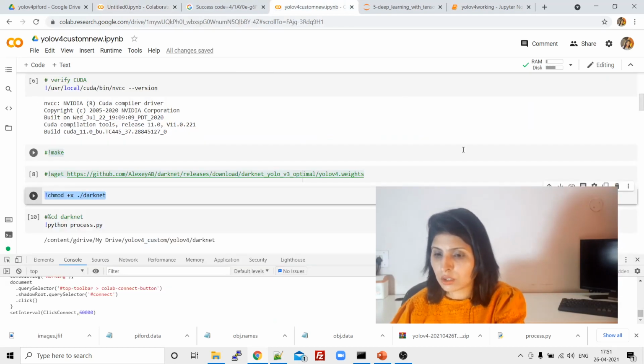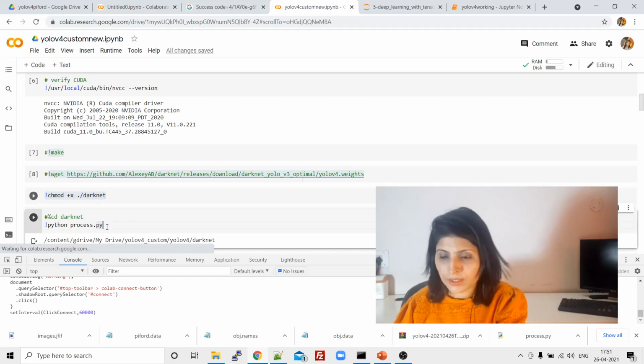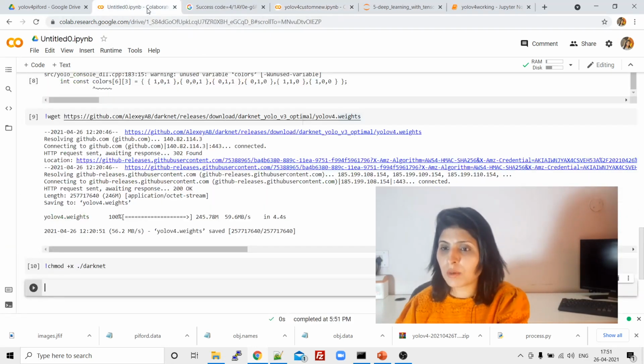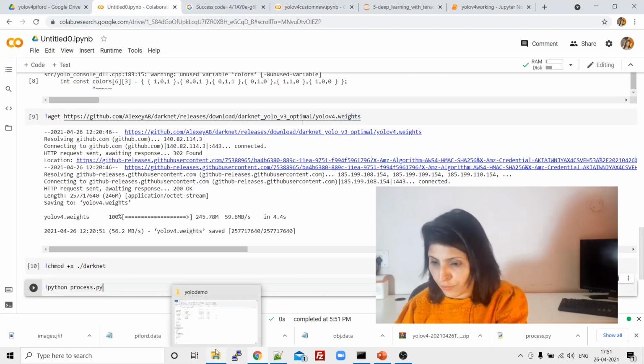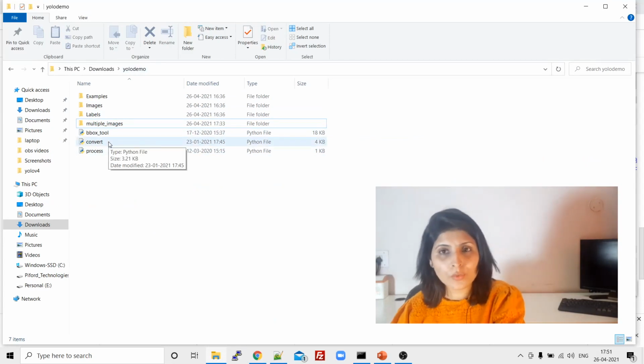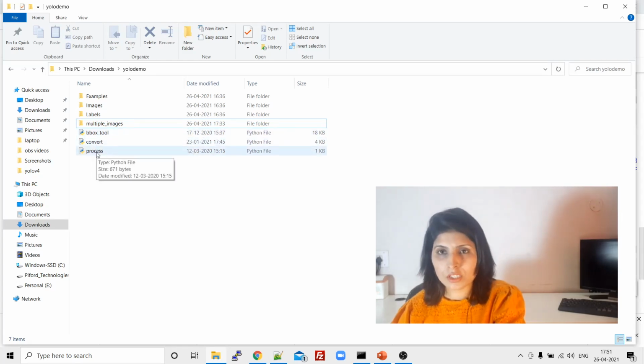Now the next thing is, okay, this is important now. Python process.py file. So guys, if you remember from this YOLO demo folder, I have shown you what to do with the convert.py and bboxtool.py file. But we have another file with the name process.py.